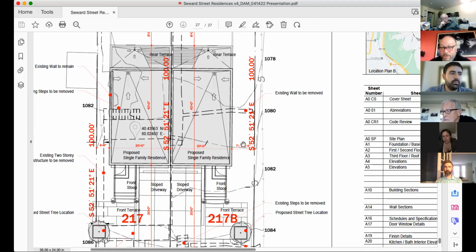I just want to make sure for those that aren't, because it doesn't give you a QR code, unfortunately. It gives you a typed link, so you'll have to type it to get in there. But if you go to the ZBA website, the hearing agenda is up, I think, soon, and you can see it. It's listed by its address as well.